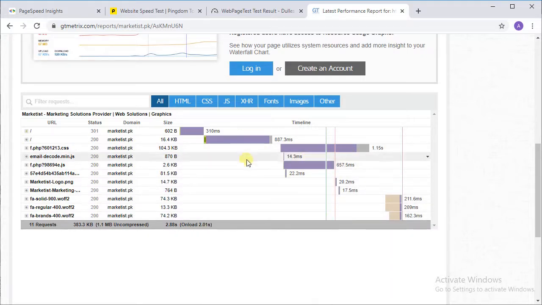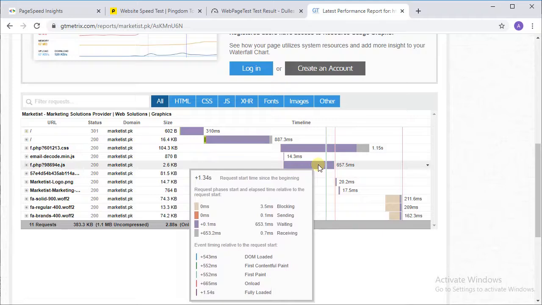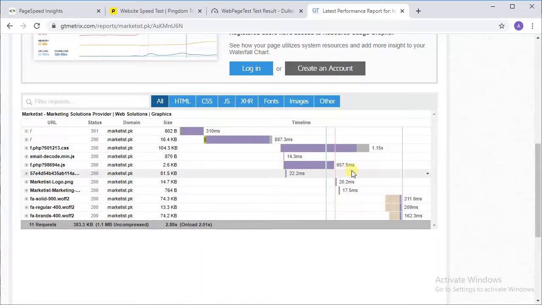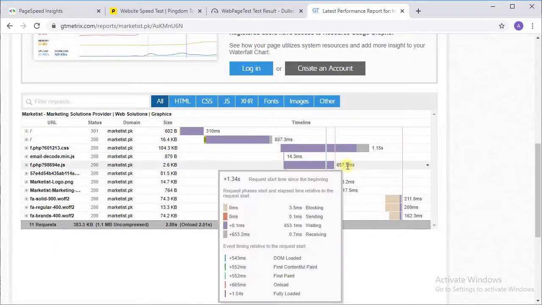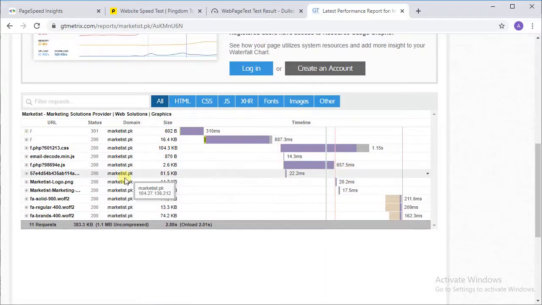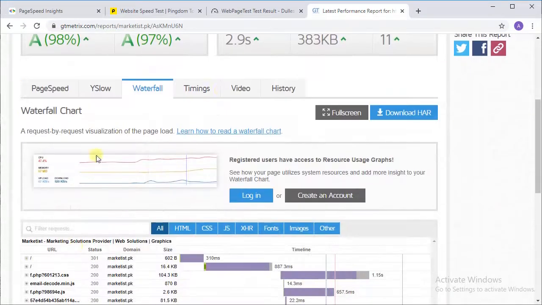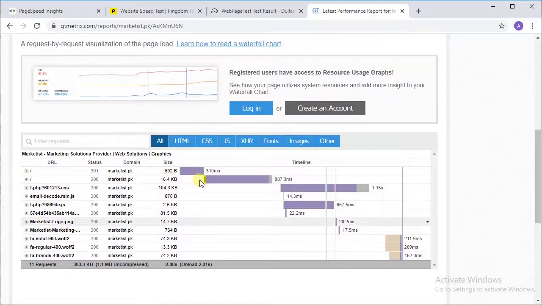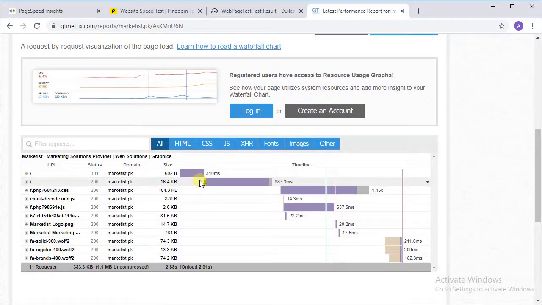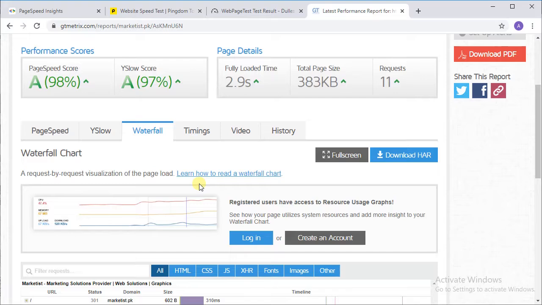And on the other hand, this has 657.5 milliseconds, means out of 2.9 seconds this file takes only 657.5 milliseconds to load. So here's how you will know which things need to be improved on your website and which things you can just let go as they are.